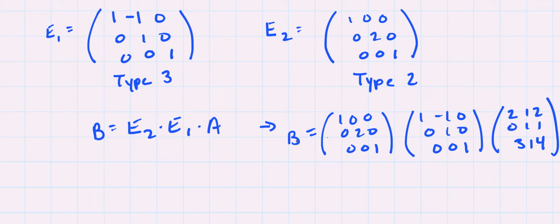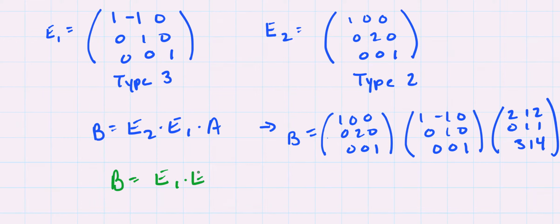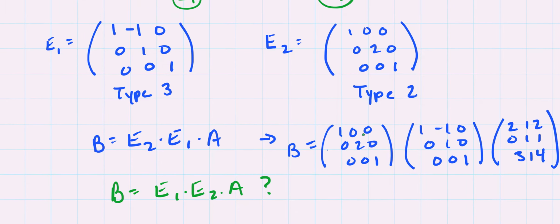Okay, so here's a question. Does the order of these matrices matter? So could B be E1 times E2 times A? Could I move these elementary matrices around? And the answer is no, I shouldn't do that. In fact, the order does matter, and it's really important because we can see what will happen in this particular example. So let's say